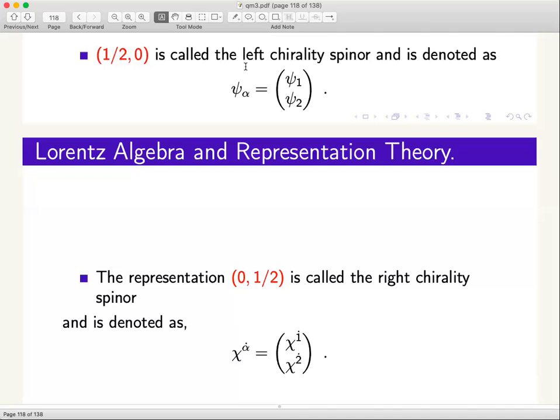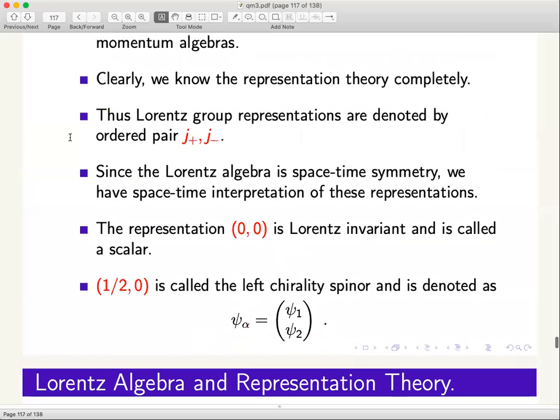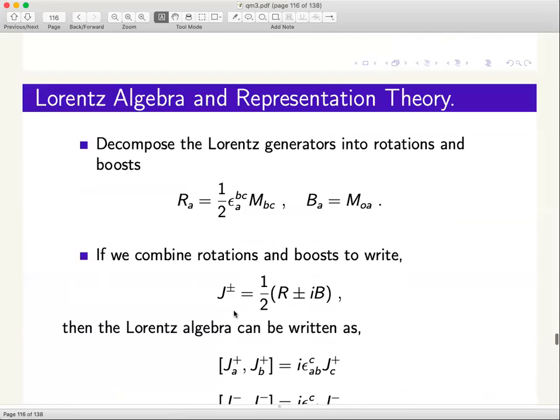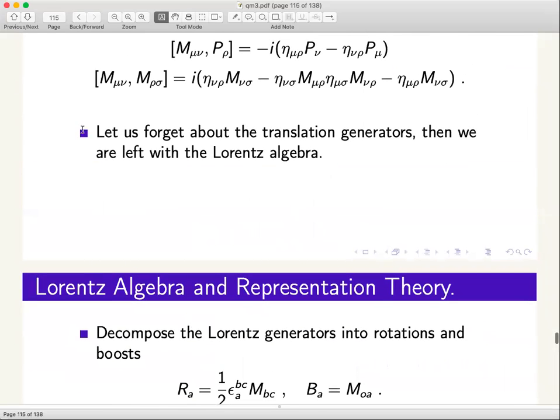So for example, self-dual and anti-self-dual antisymmetric tensors are useful. I'll probably put those in the notes at some point. For example, if you want to ask how a spinor transforms under a Lorentz transformation, a spinor carries a spinor index, alpha or alpha dot, whereas M carries mu nu indices. Therefore, M doesn't act on the spinor directly. M has to have a different representation so that it acts on a spinor.